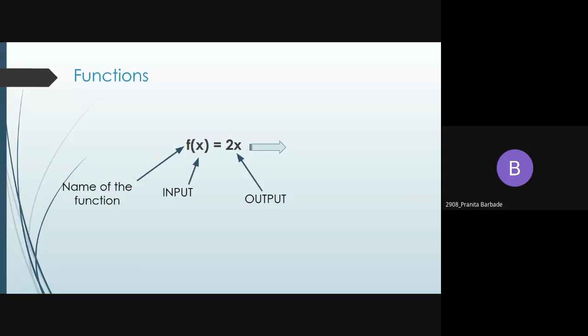Yes, ma'am. But the one input you're giving over there in your domain should be mapped to only one output in the codomain. Okay, the one I said was not correct. I got confused in that one. So one input and one output we are expecting, but two different inputs can have the same output.